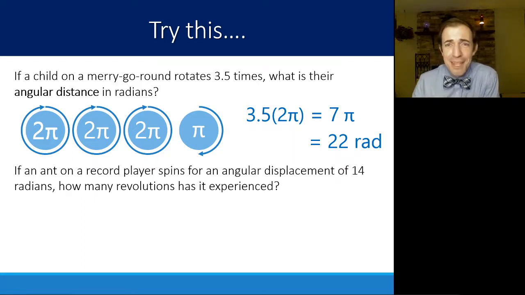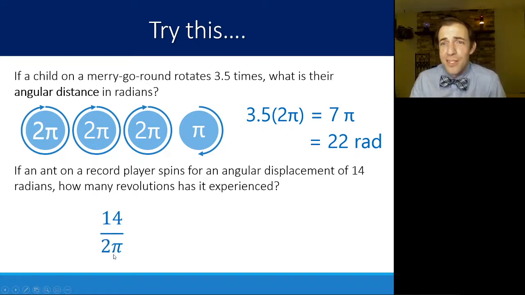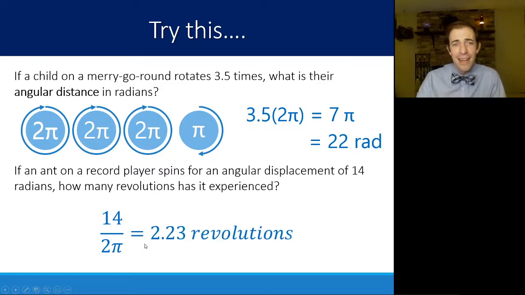So we can do the same thing just backwards. If you said, here you have an ant on a record player, it spins for an angular displacement of 14 radians, how many revolutions has it experienced? That should really say angular distance, I suppose. 14 radians, how many revolutions? Each revolution is 2 pi radians, so just 14 divided by 2 pi will give you just over 2.23 full